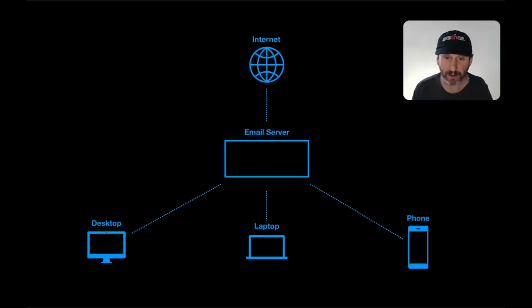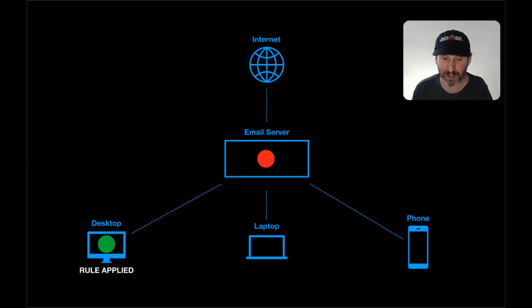Okay, so your email originates, of course, from the internet. We'll represent it with this red dot here. Then it's going to go to your email server. From there, it's going to go to your computers. Now, in the old days, we may have had just one desktop computer. Then the email would have gone to your desktop computer, and then you could have set a rule there in the Mail app. And that rule would do something to that email. Label it, move it to a folder, do something. It would apply that rule.